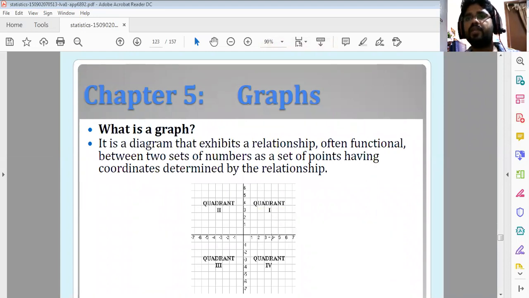For example, when we studied microeconomics, there's price and demand. The price is on one side, demand is on the other side. For example, on the y-axis we can take the price, and on the x-axis we can take the demand. So if the price of the commodity is 2 rupees, how much is the demand? Like that, we have presented a diagram, a graph, in our microeconomics.